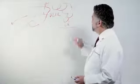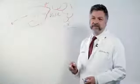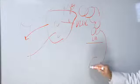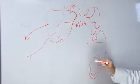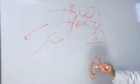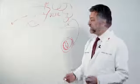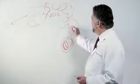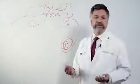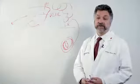Now, when LDL cholesterol is in excess, we may overcome this check and balance system, and this excess LDL cholesterol may be transferred to blood cells, to artery wall cells, causing plaque buildup, which can lead to atherosclerosis and subsequently heart attack. Now, how bad is LDL cholesterol? Well, for about every 10% increase in LDL cholesterol, there's a corresponding 10% increase in risk of having a heart